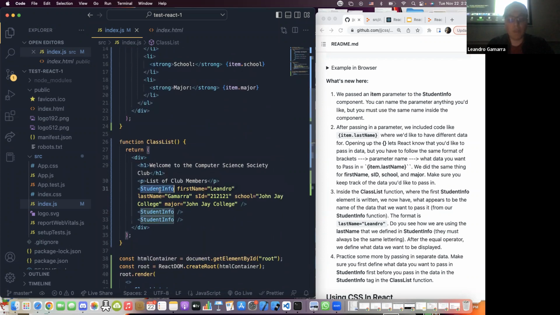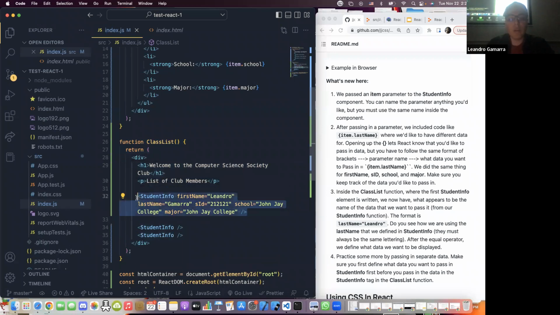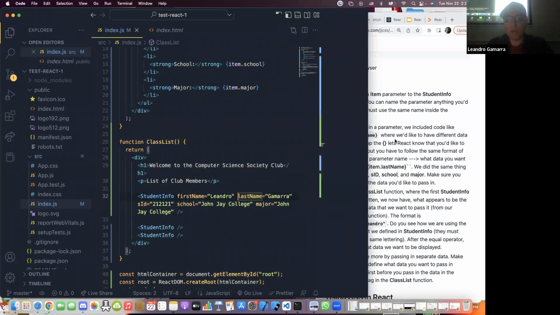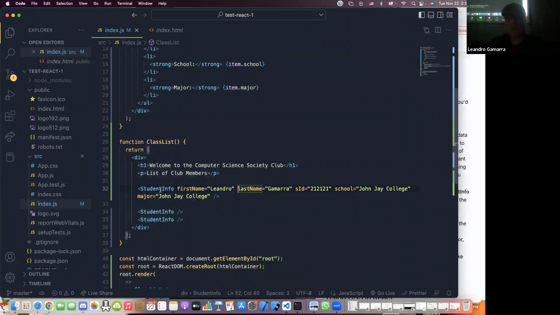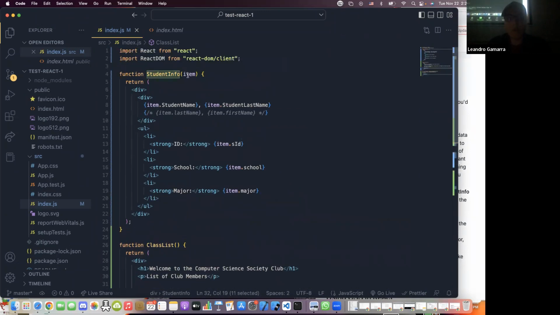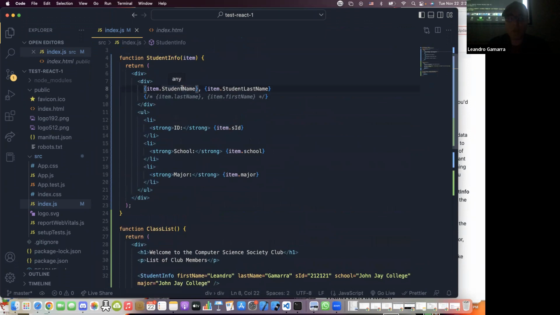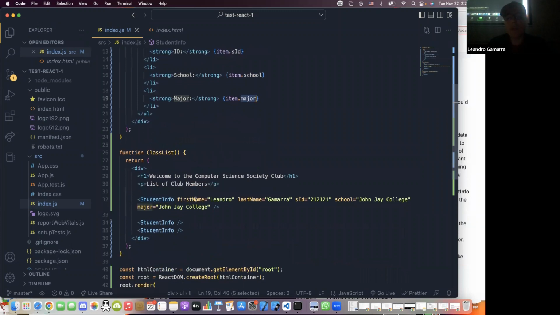We first call the student info function inside of the class list component. So we've seen this before. Now the only difference is wherever we call student info here. Let me just expand this a bit. So whenever we call this component, we have the student info component that we define up here. And we've included a parameter. But inside of our code, we said that we want to pass in a student name, a student last name, an ID, a school name, and a major name. So in order to define that in a student component,